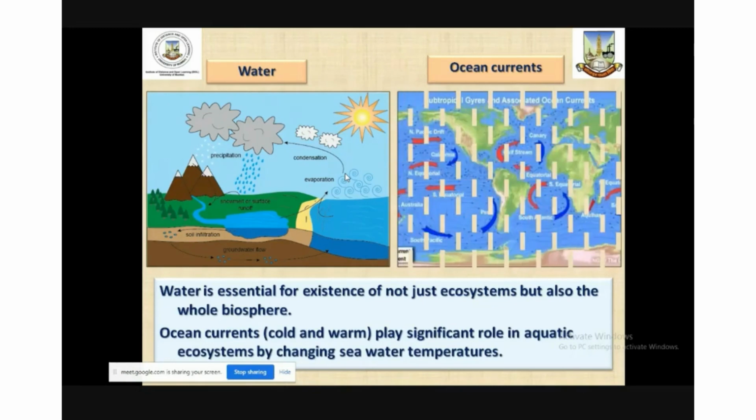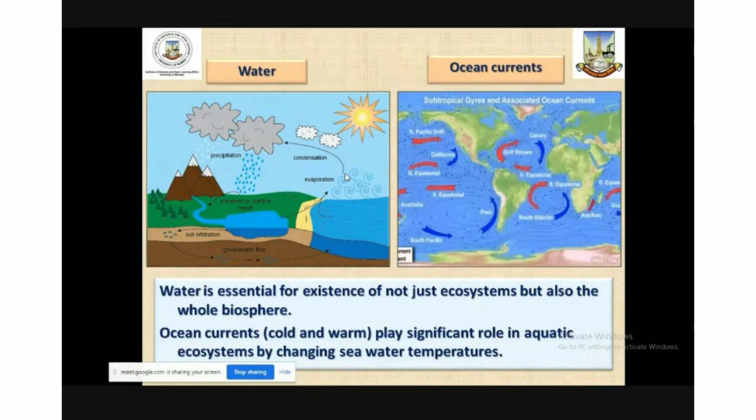Similarly, the oceans or ocean currents play an important role in the ecosystem which developed in water. Particularly, there are two types of ocean currents. One is cold ocean currents, and the other is the warm ocean current. Now, the movement of ocean currents across the oceans plays an important role in the development of fish grounds, and therefore the areas where cold currents are prominent, there the fish grounds are more well developed, and that leads to the growth of the aquatic ecosystem more importantly.